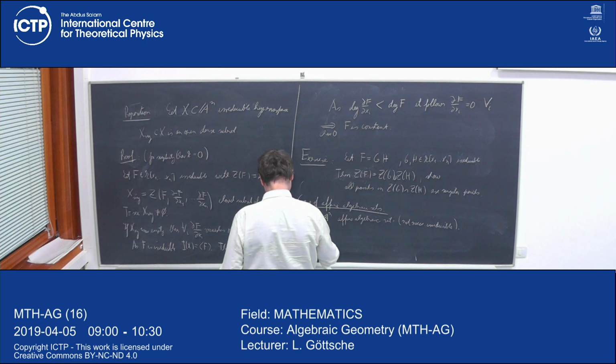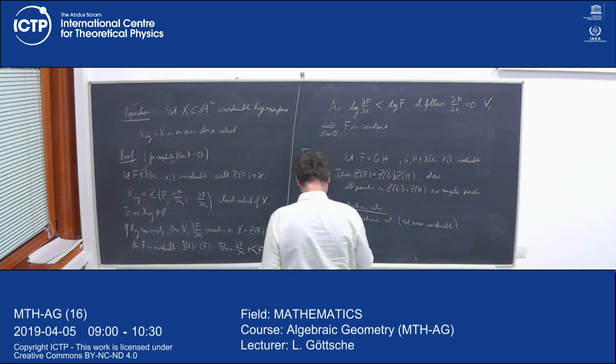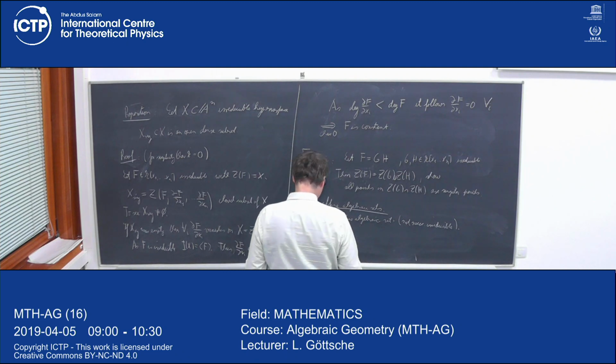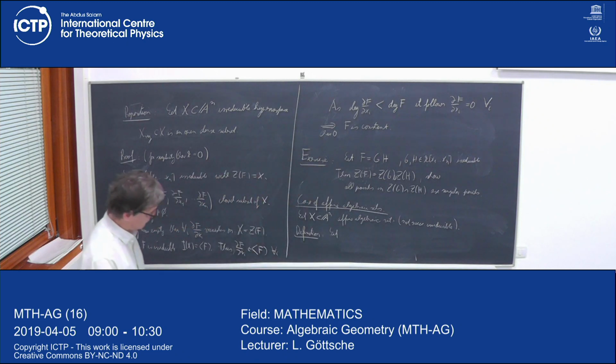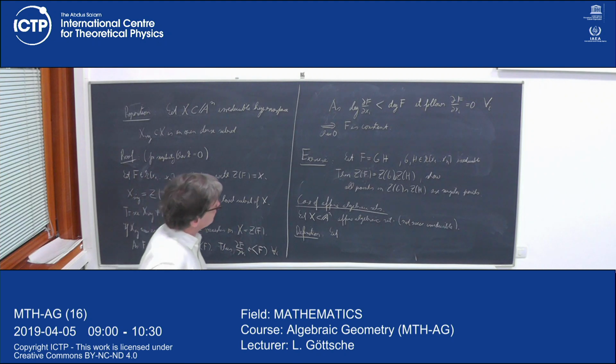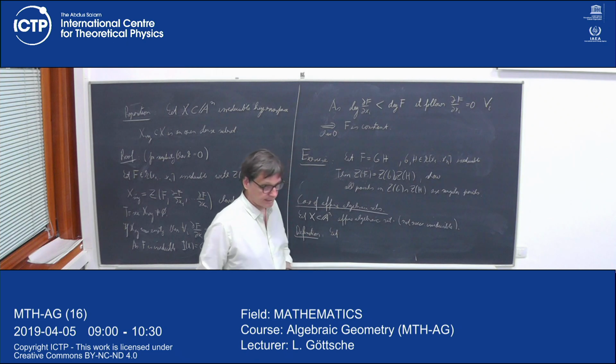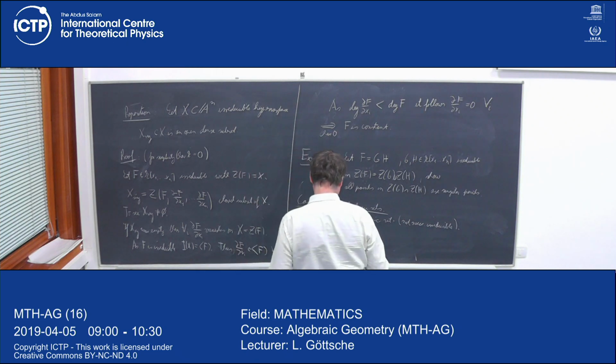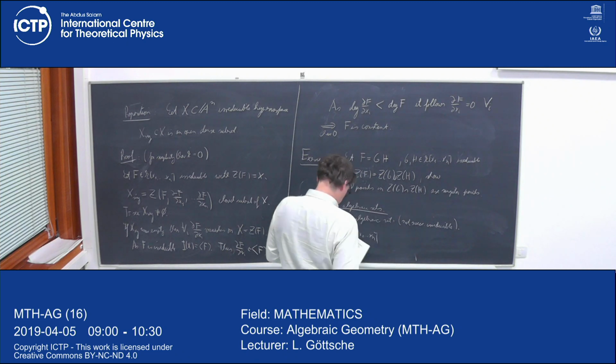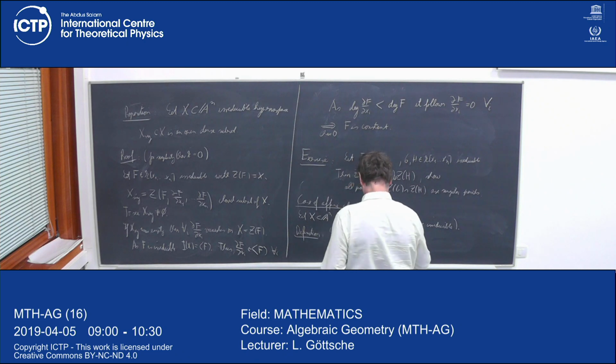Definition. First I want to define the tangent space. So first I will talk about the differential of the polynomial, and then the tangent space will be defined by the differentials of the polynomials defining X. So let f in k[x1, ..., xn] be a polynomial, and